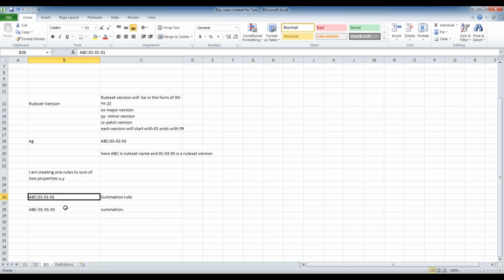So why do we need versioning? I will take two scenarios. One is the development environment. I recommend that even in the development environment we follow this versioning, and the other is the production environment. So let's say this is a production environment. That means I developed one product. Let's say my product name is some test application.